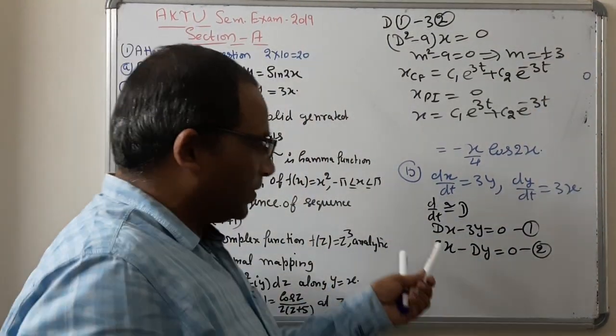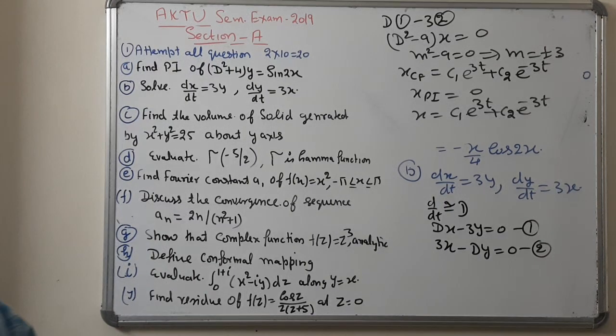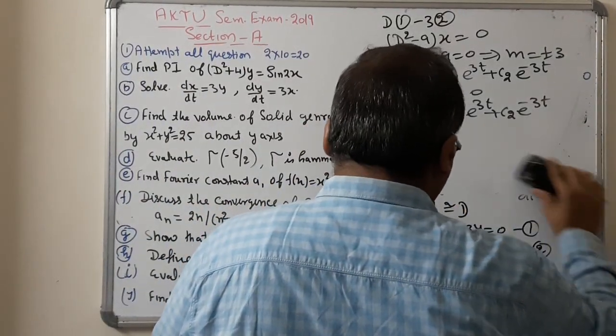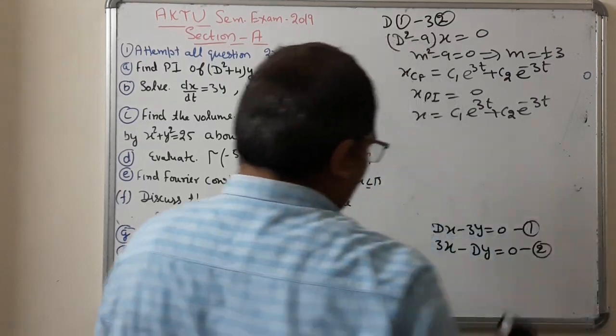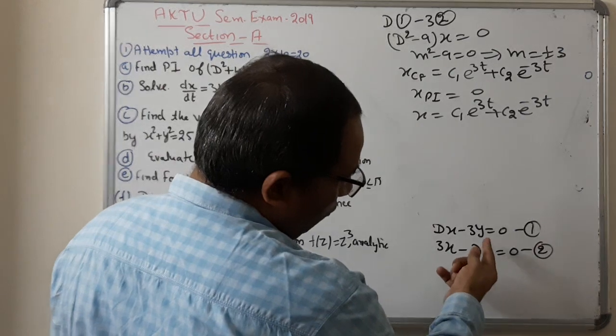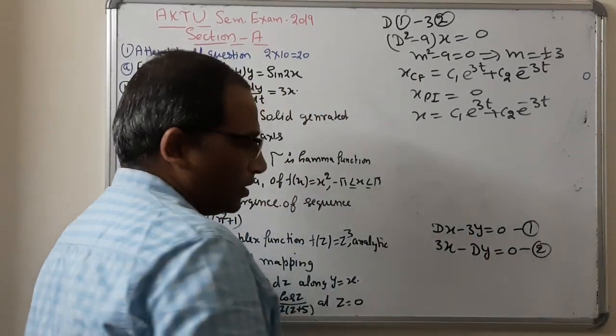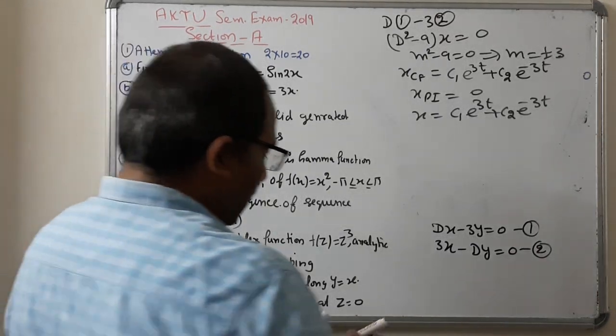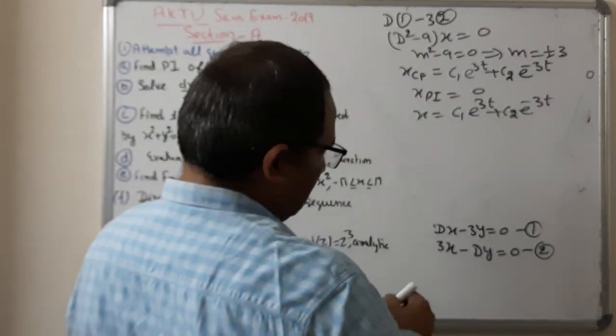Then select any one of the equations and find the value of y. In which equation do we put the value of x? You can see from here, because we have to find out y, we take the equation where the coefficient of y is constant. So we take the first equation, and by the first equation you can say that 3y